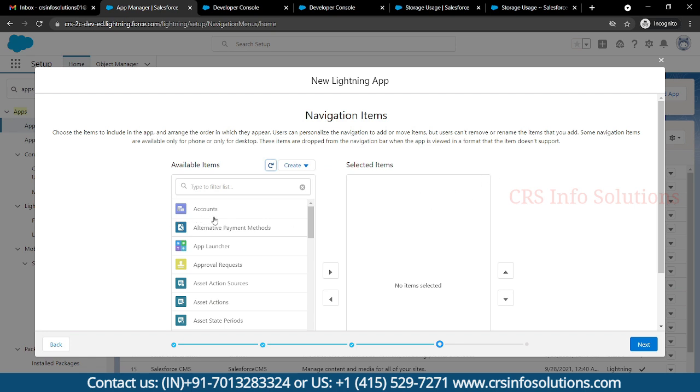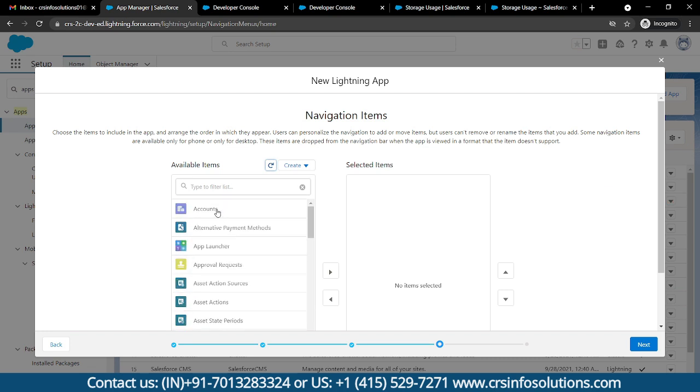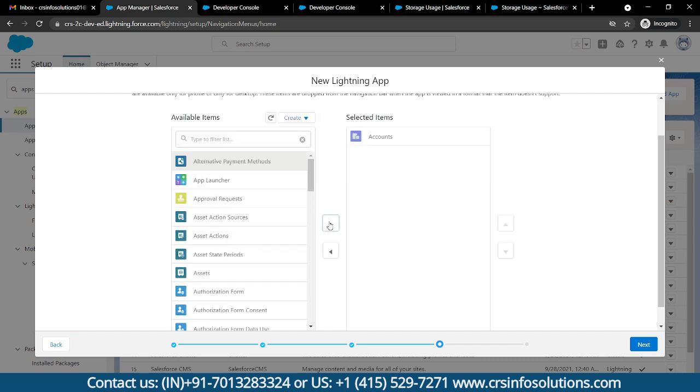These are the standard objects provided by Salesforce. We can talk more about objects in the upcoming sessions. For the time being, I'm just going to add the account object. I told you that the account object is nothing but a standard object. It's a kind of data table, a standard data table provided by Salesforce.